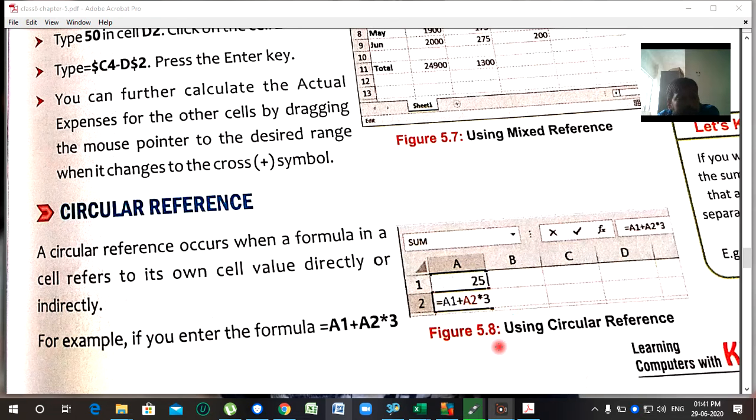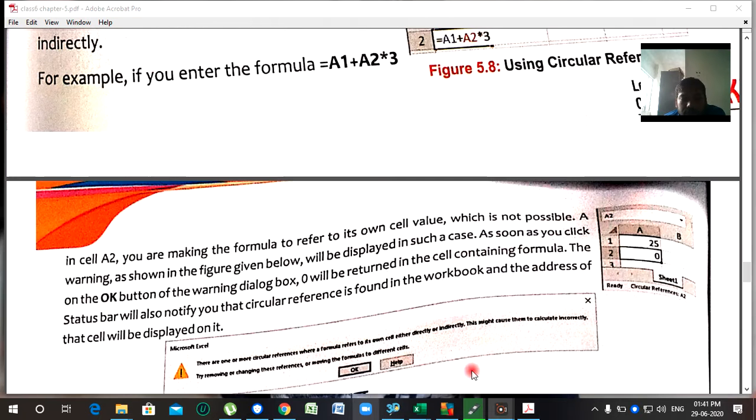See here, in cell A2 we are making the formula refer to its own cell value, which is not possible, so a warning as shown in the figure will be displayed in such a case. As soon as you click on the OK button of the warning dialog box, 0 will be entered in the cell containing the formula.